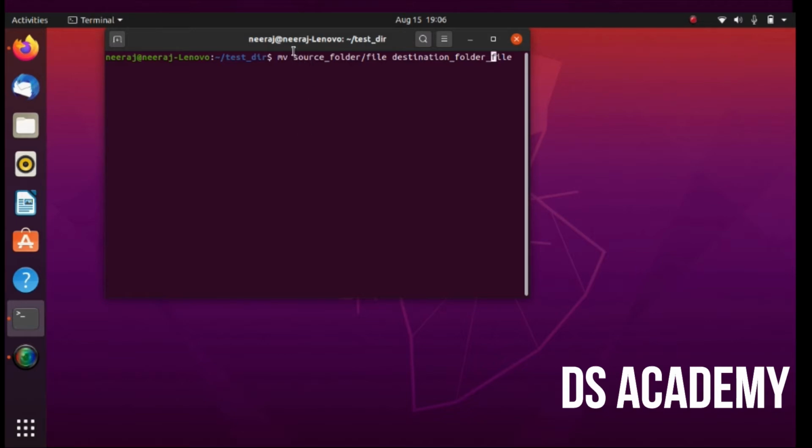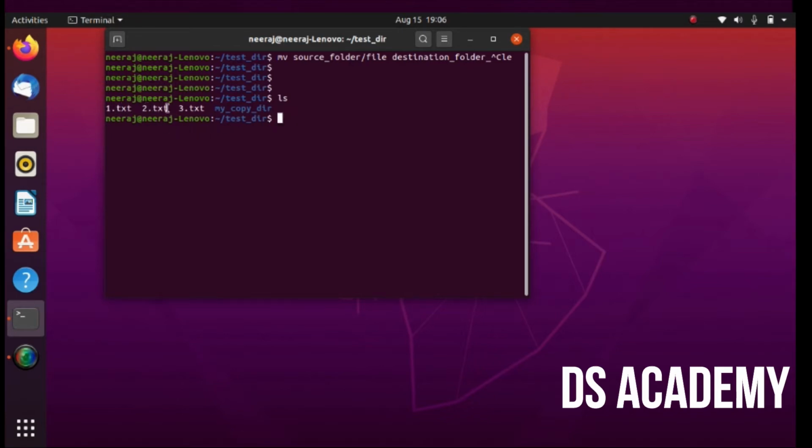So what it does is mv command moves a file from one source to another. Likewise, cp command copies one file to another folder. This command moves the one file to another.